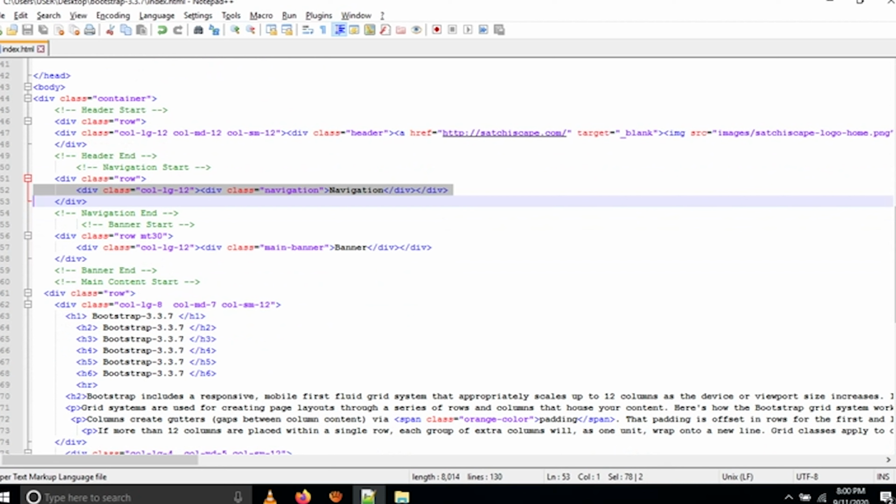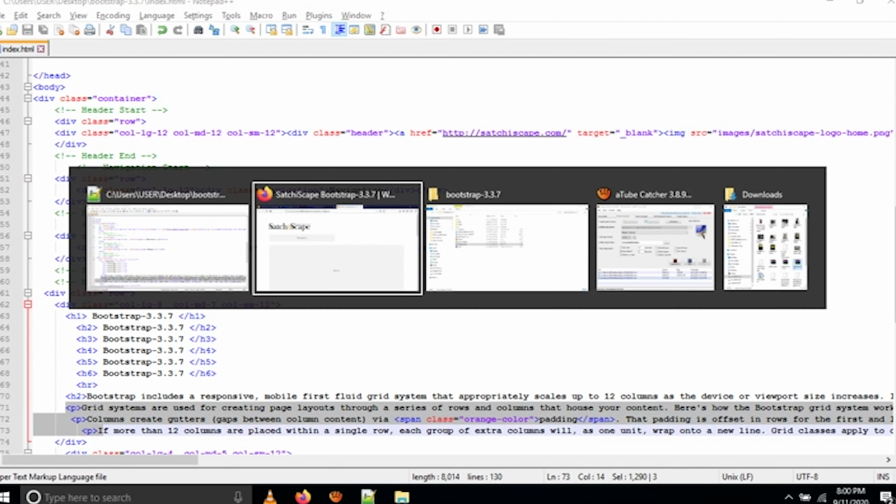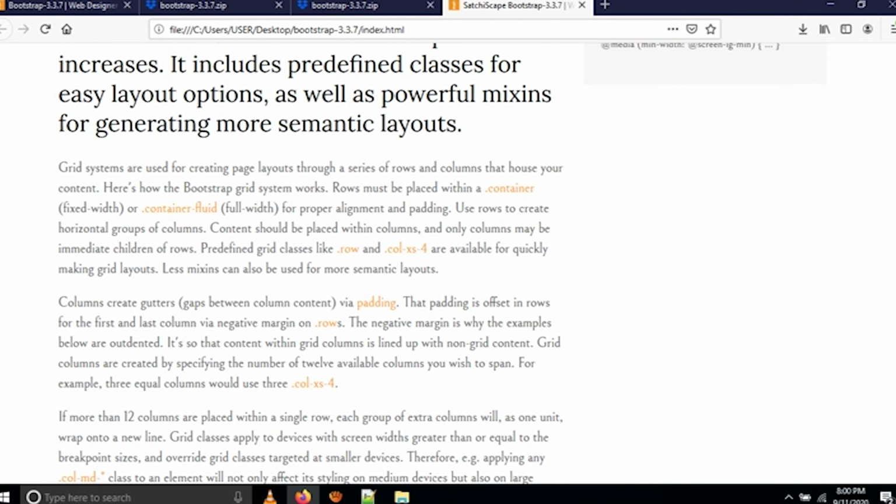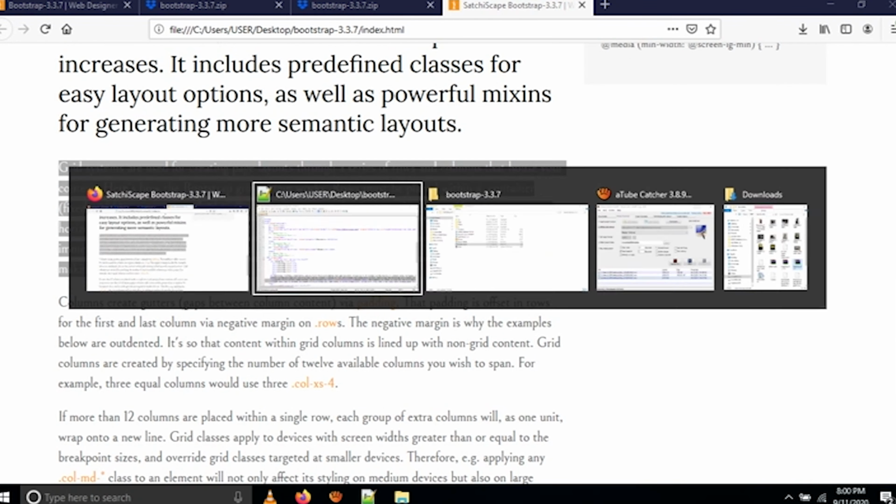And below, I have written the H1, H2, H3. I told you before, right? H1, H2, H3, H4, H5, H6, which are Bootstrap minified, everything is in their Bootstrap CSS. If you want to change your H1, H2, H3, you can change it in your custom CSS: H1 font size this one, H2 font size this one, H3 font size this one, as per your design. Then below, you are seeing this is called paragraph.